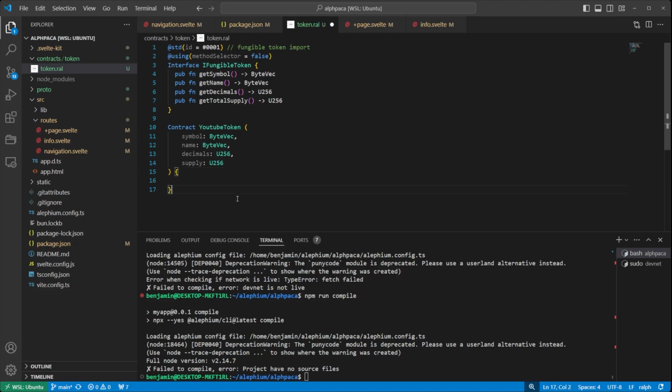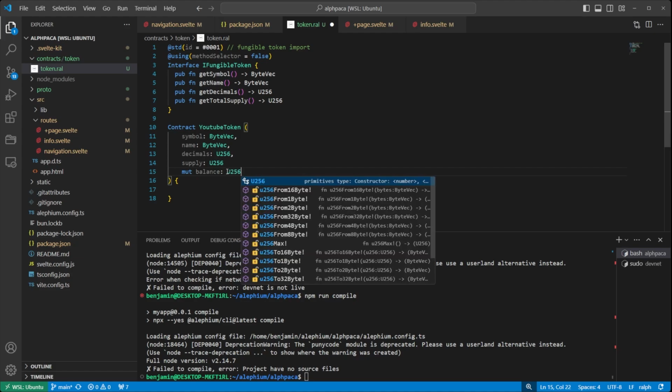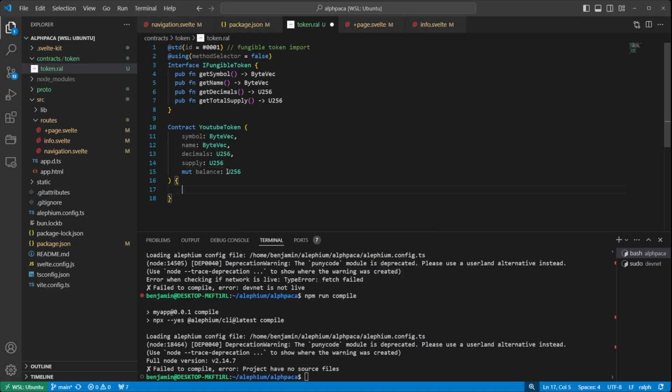If we wanted to make a faucet, we could set a balance option here and then export the tokens that have been done. And so in this case, we can do a mut balance to receive those tokens, and we can say mut balance is U256. And so now we can do all these public functions here after we do